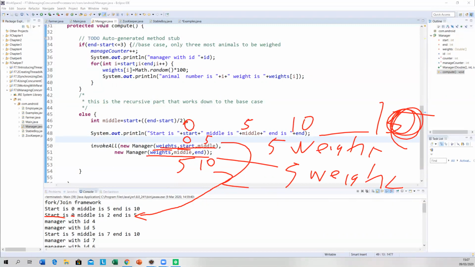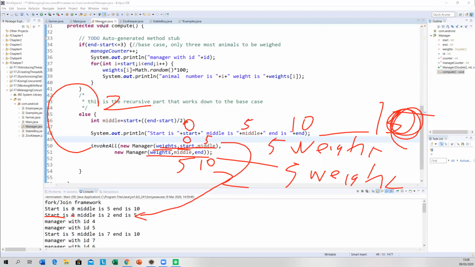Okay? It calls both of these recursively. And what you end up with when you divide that guy by 2 is 2.